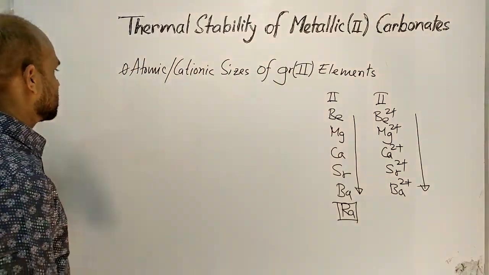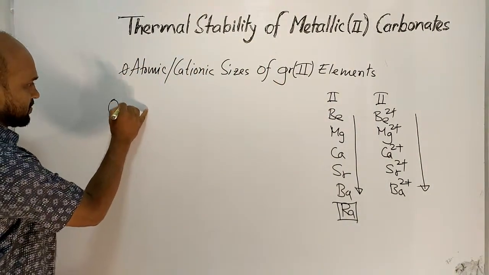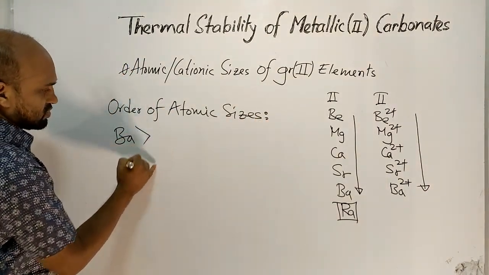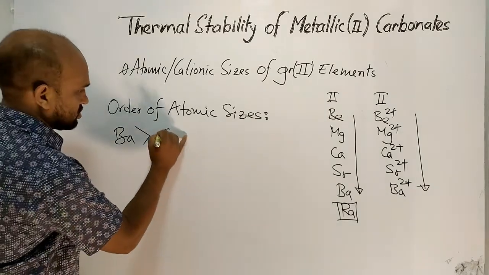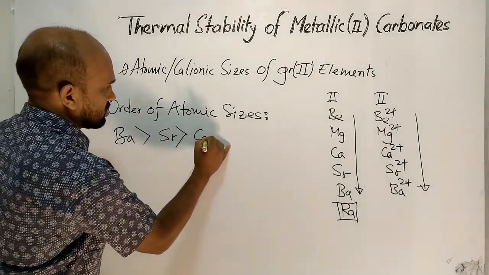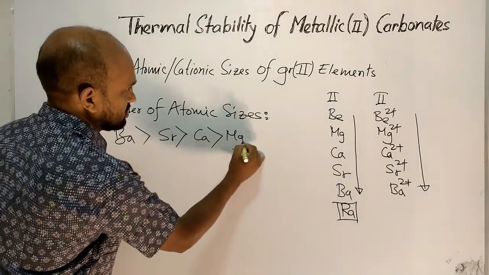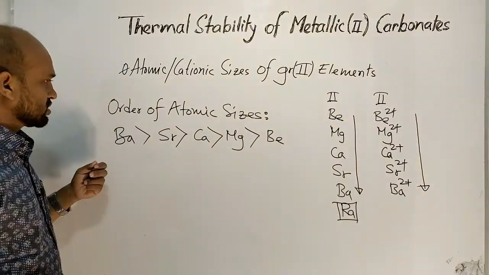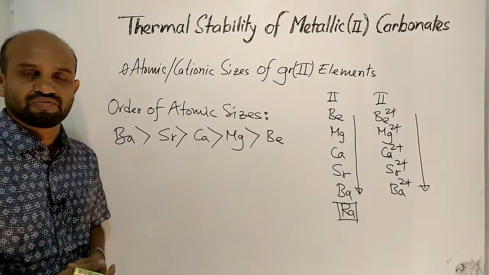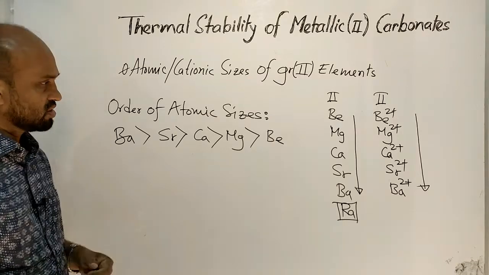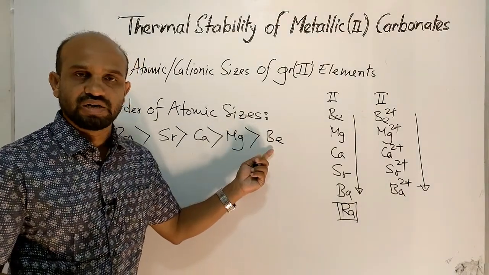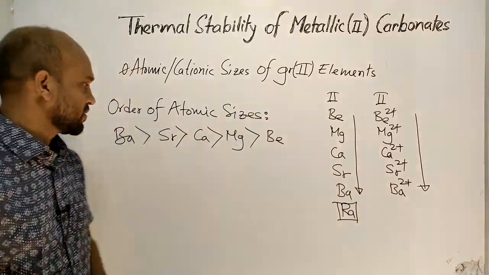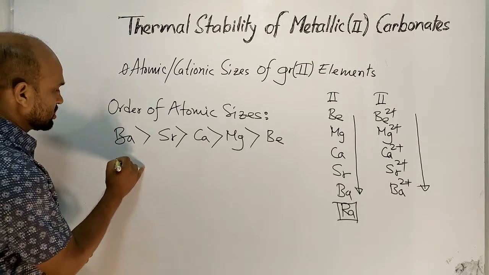So we can write order of atomic sizes: barium, strontium, calcium, magnesium, and then beryllium. That means the size of barium is the most and the size of beryllium is the least in this column 2. And order of cationic sizes: